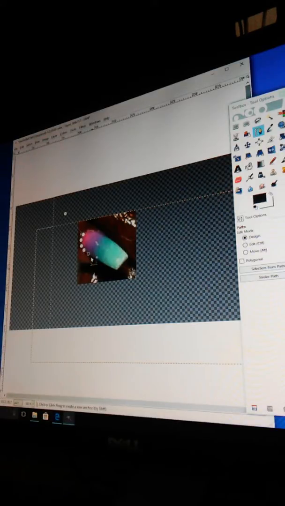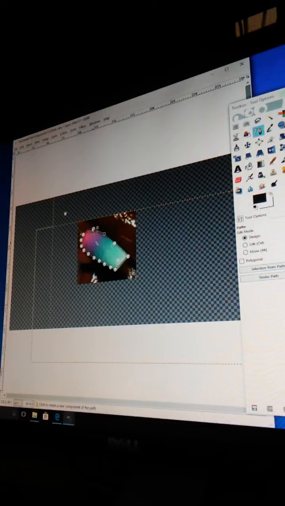Now, when you're using this tool, please keep in mind that everything that's on the inside of the beginning dot and the last dot that you use will be deleted. Meaning that if I was to take this pathing tool and keep going around like this, and then connect the last one to this, when I click enter and get ready to delete, it will delete this nail out. But being that we don't want to delete that part, we want to delete the brown skin that is around this nail,